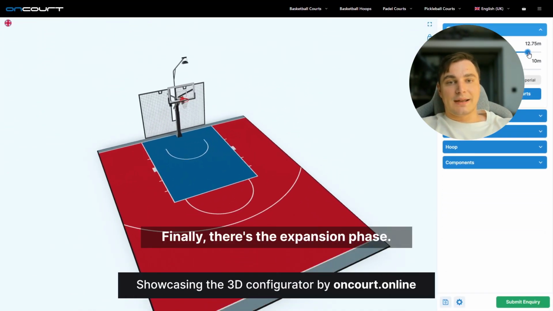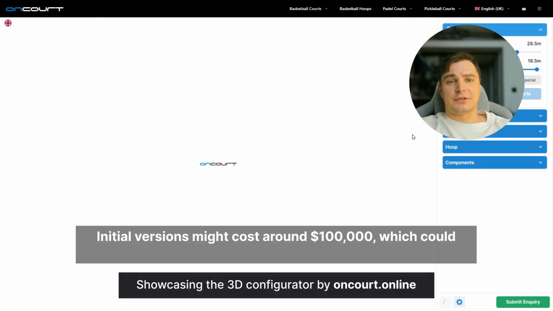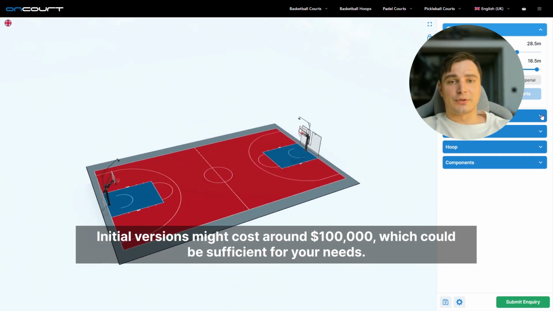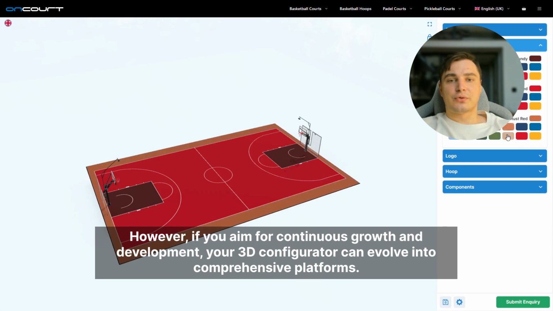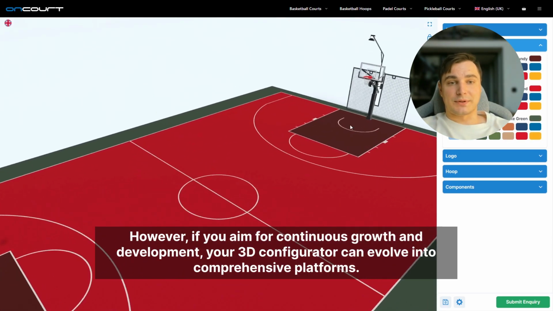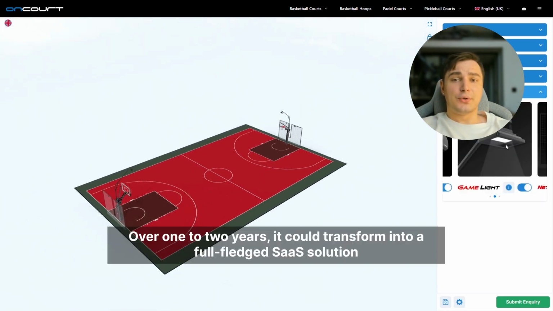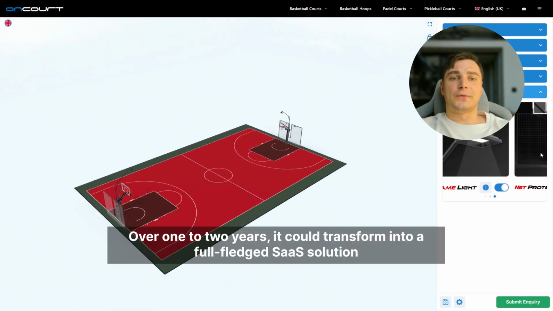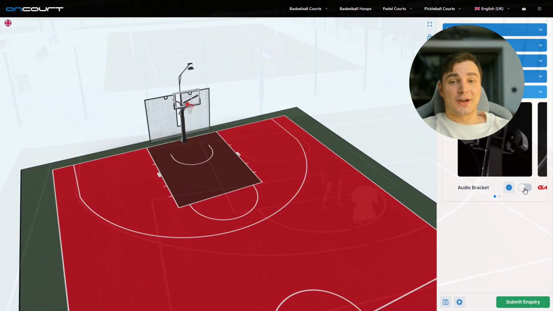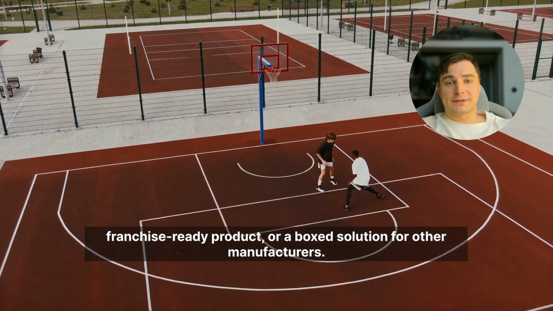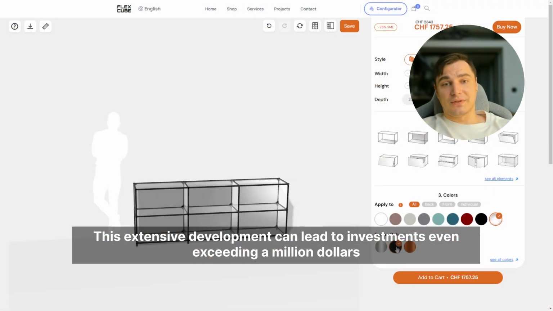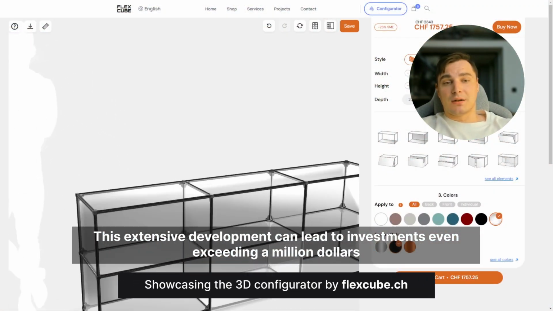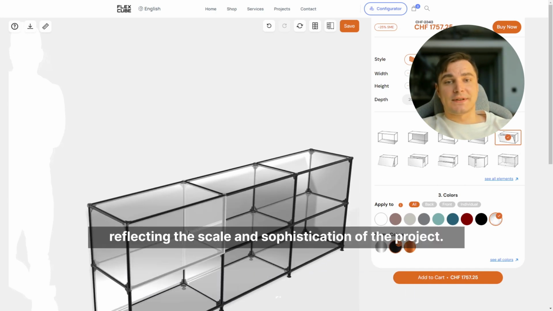Finally, there's the expansion phase. The initial version might cost around $100,000, which could be sufficient for your needs. However, if you aim for continuous growth in development, your 3D configurator can evolve into a comprehensive platform. Over 1 or 2 years, it could transform into a full-fledged SaaS solution, a franchise-ready product, or a box solution for other manufacturers. This extensive development can lead to investments that exceed $1 million, reflecting the scale and sophistication of the